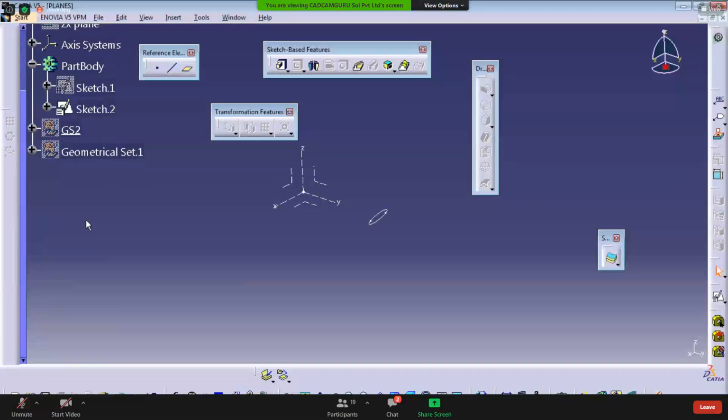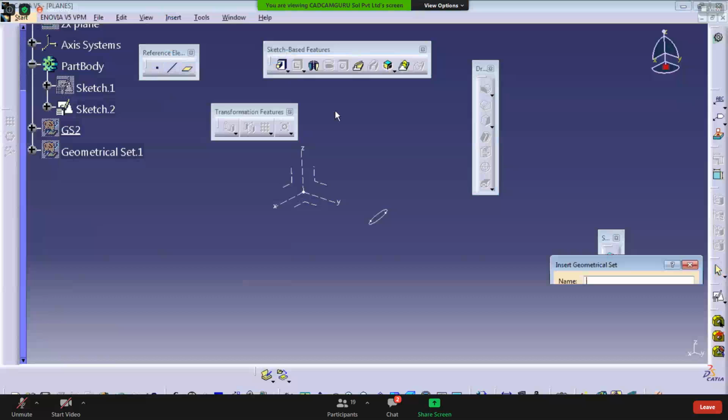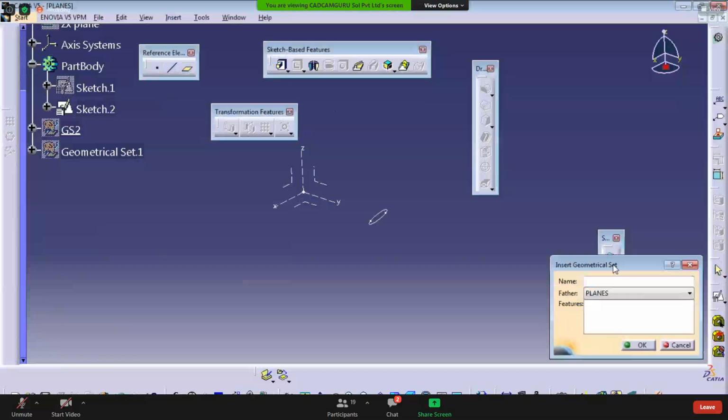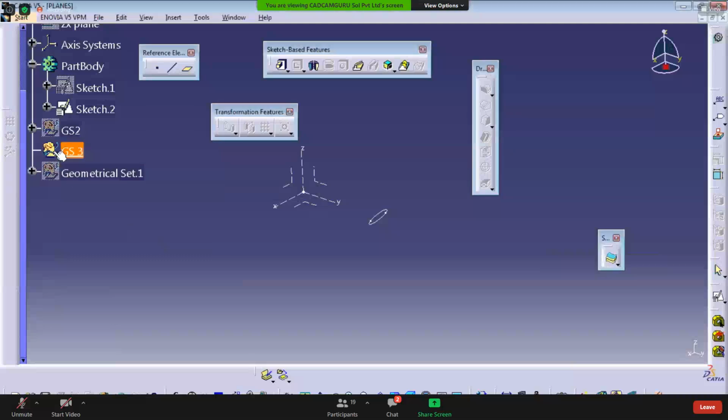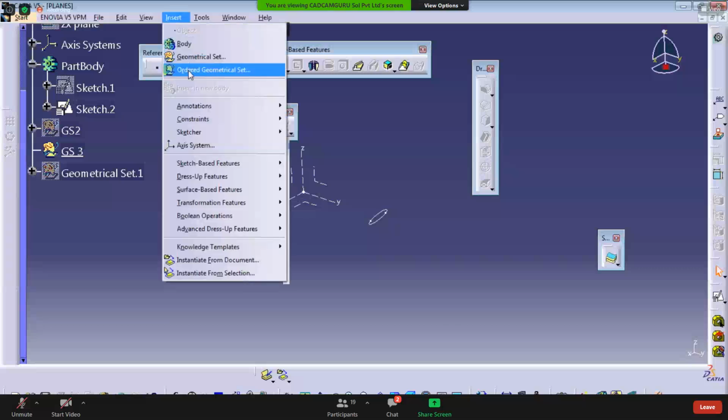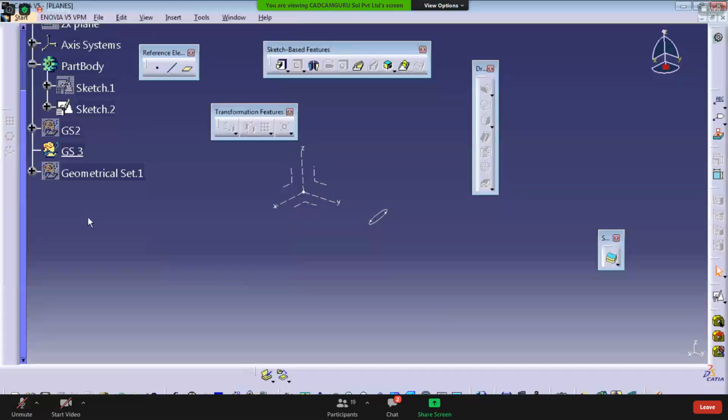One more group you can create using insert geometrical set and give it a name, that is GS3. At the time of surfacing I will explain more about this, including the other options, geometrical set and ordered geometrical set, and the use of these two in the surfacing commands. For now, understand that it is related to grouping of entities.